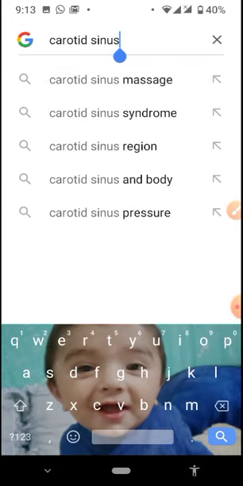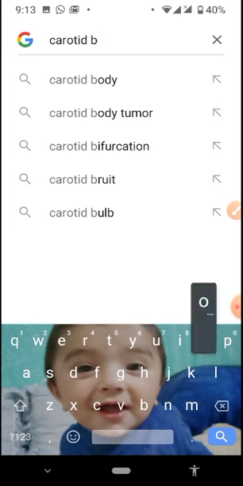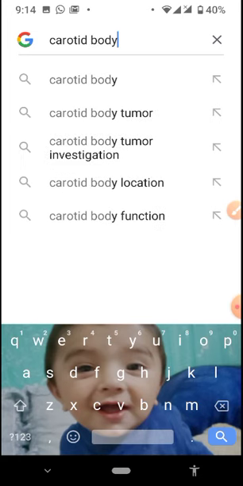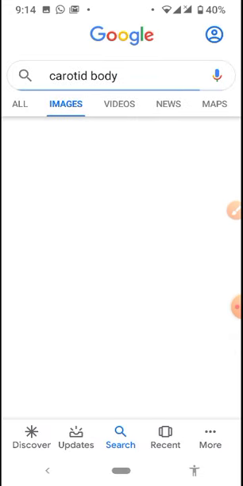Let me write over here, carotid body. The carotid body, basically, it is a small